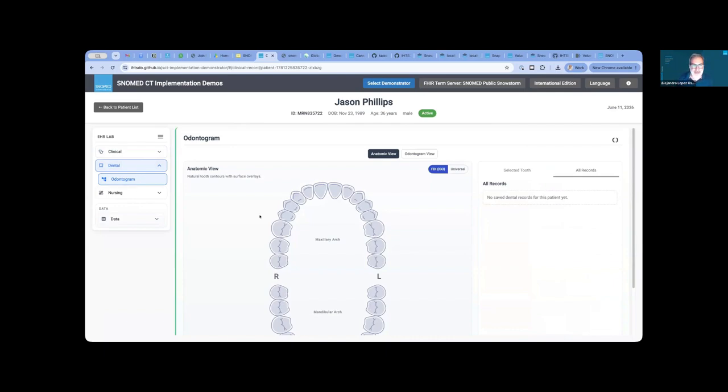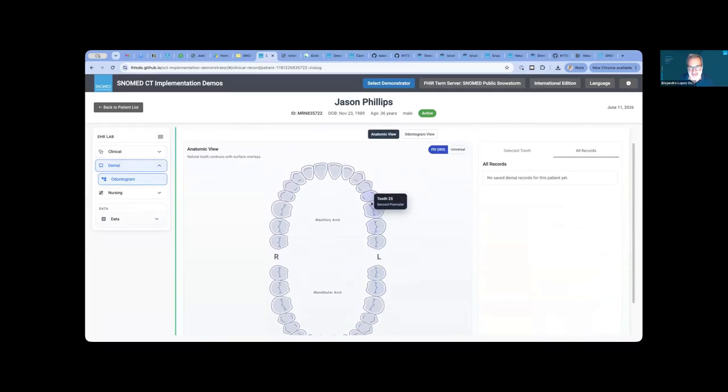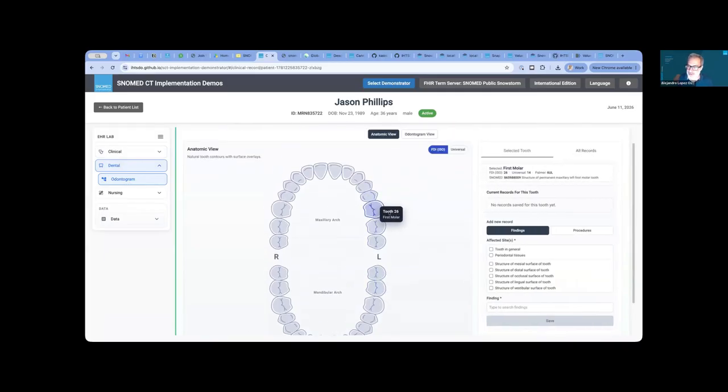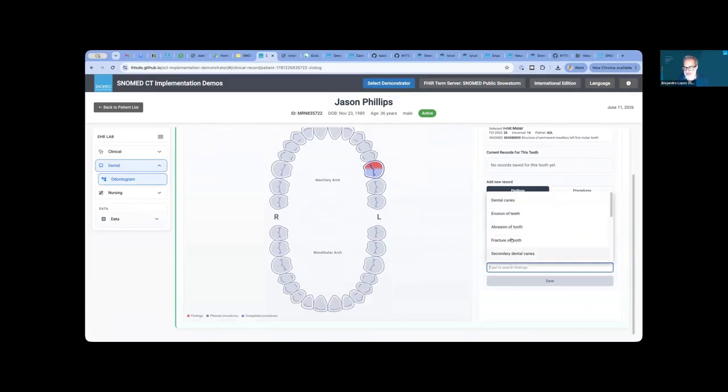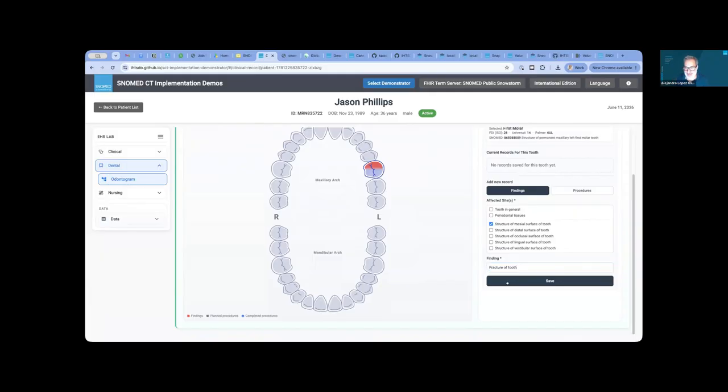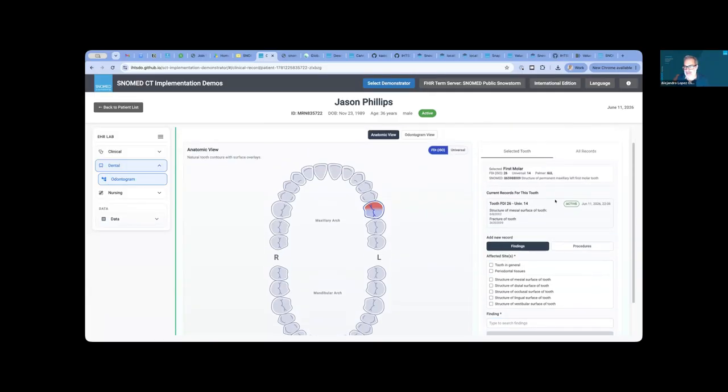You can define an odontogram. This is an interface that will allow you to code dentistry records with SNOMED CT. And you say maybe the mesial surface of the tooth has a fractured tooth, and you say yes, and this is using SNOMED CT for the location, for the disease, for the face, for the number of teeth, and things like that.